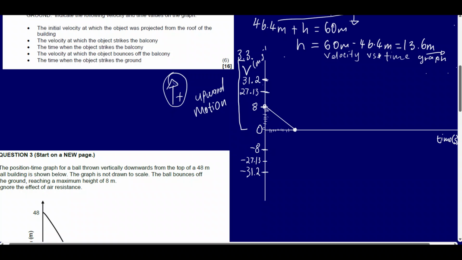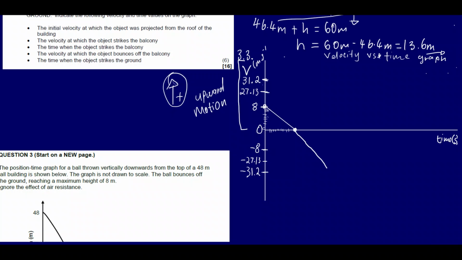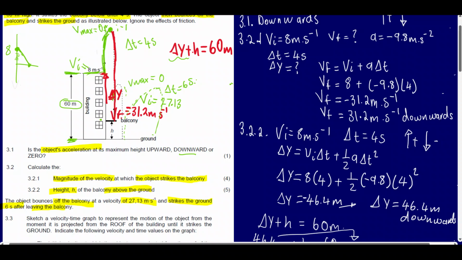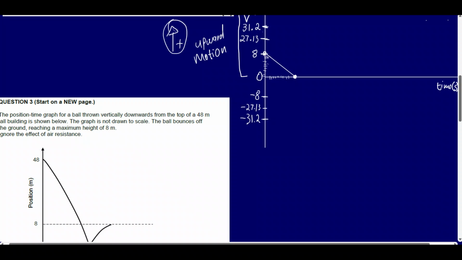So it means that you will now indicate with a line that the object is going to continue to go in that direction, right? So you're showing the downward motion below, right? So this is the downward motion there. Let's look at it. The downward motion must be until this point, must be until this velocity here. So we can see that the moment it gets there, it hits the ground,